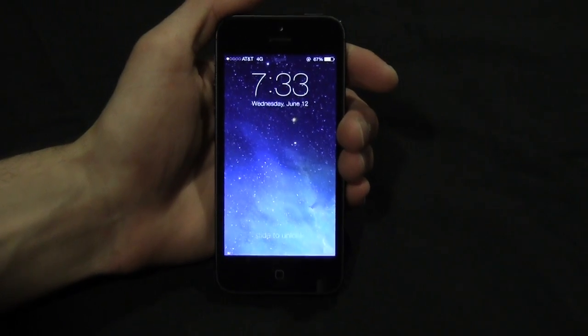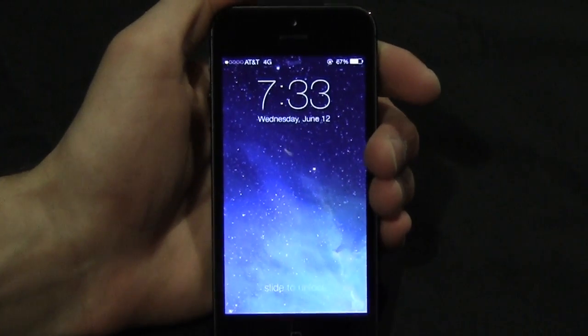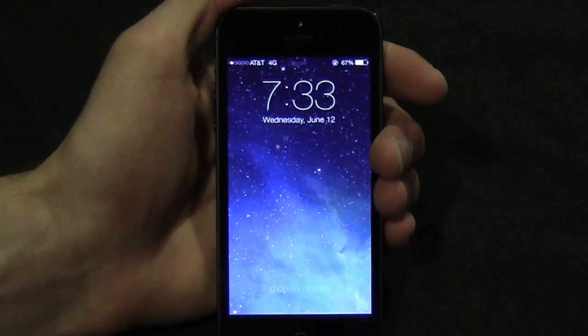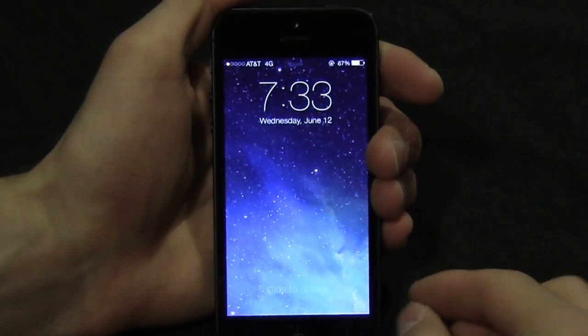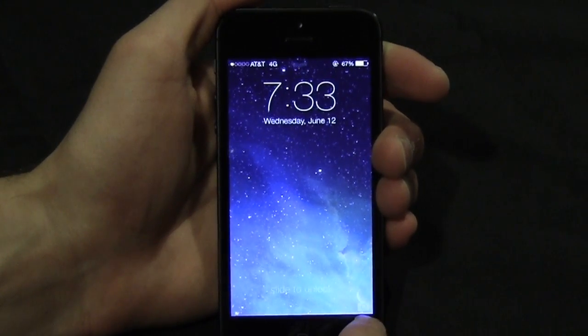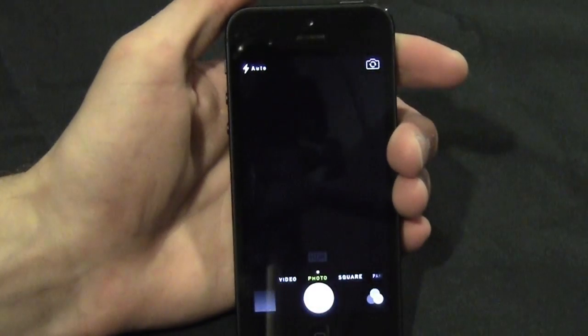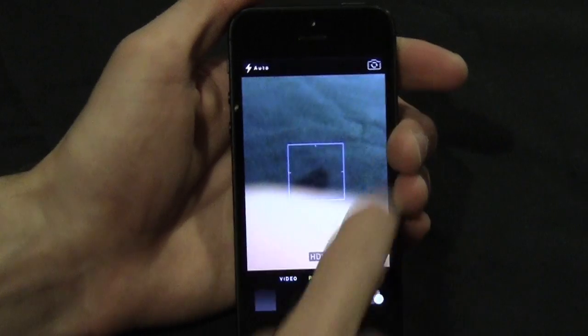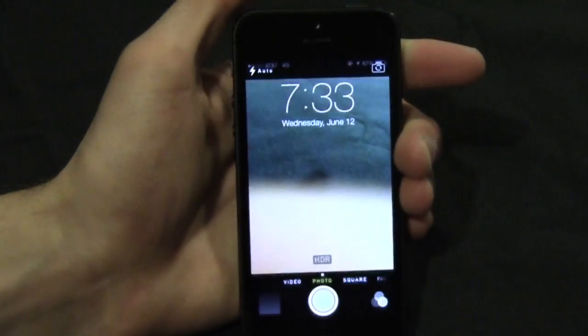Today we're going to be taking a look at the camera. So right off the bat, from the lock screen, we can access the camera a couple different ways. As always, like in iOS 6, there is a shortcut. If you slide up from the right corner of the lock screen, you can slide up and open the camera like that. Now if we go back to the lock screen,